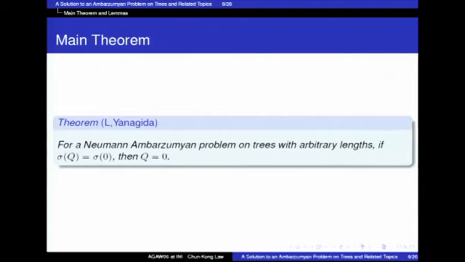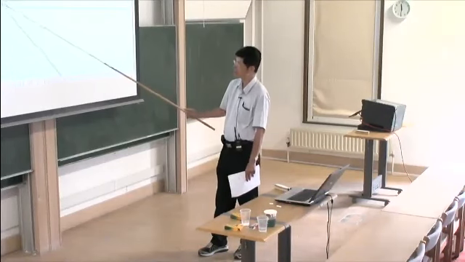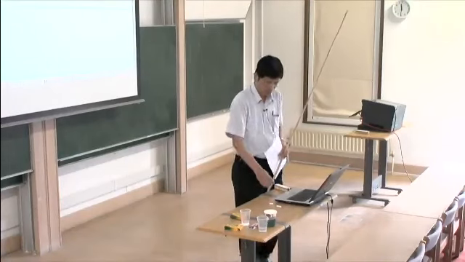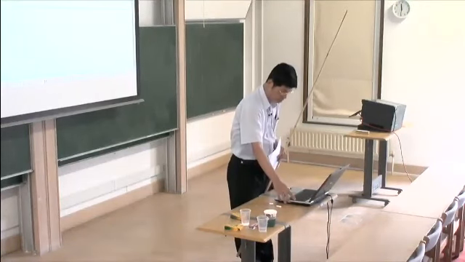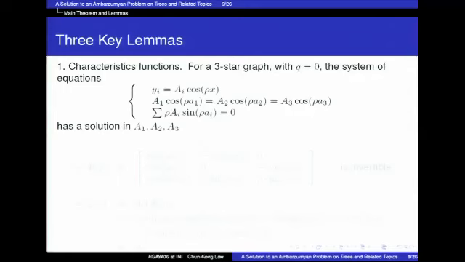For the trees with irrational ratios, the eigenvalues are not very easy to compute. So our statement will be: when we have arbitrary edge lengths, and the spectrum of Q is the same as the spectrum when this potential function is 0, then Q has to be the 0 potential in L2. Now we have 3 key lemmas